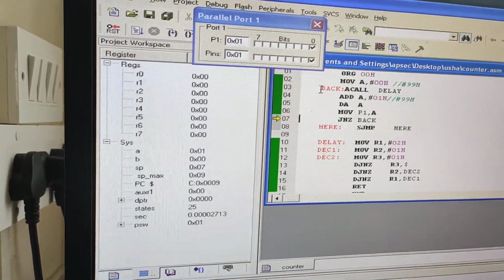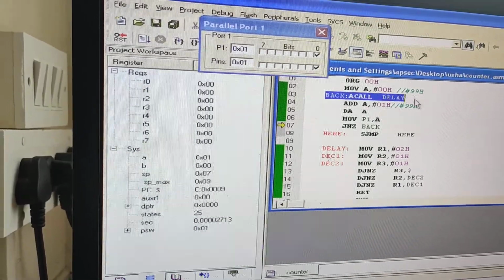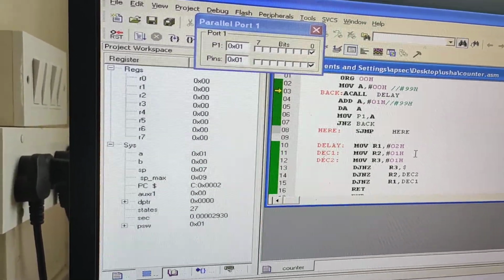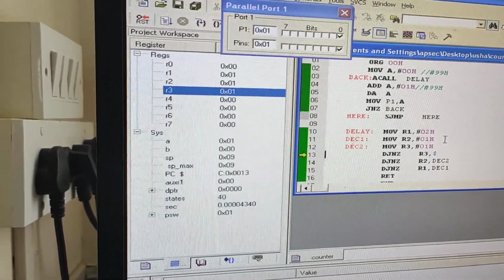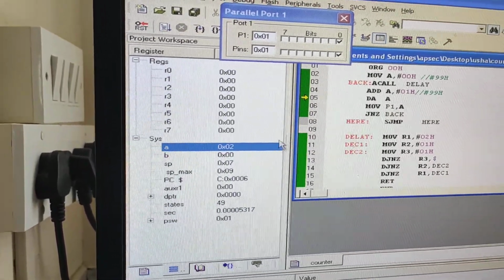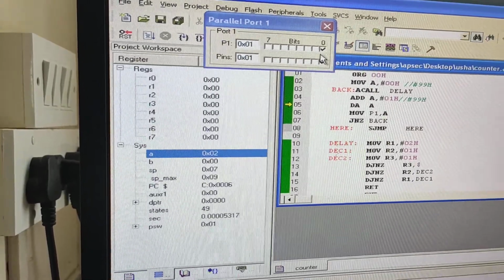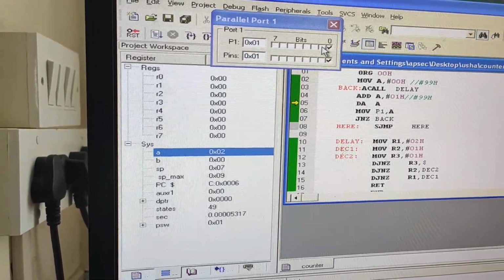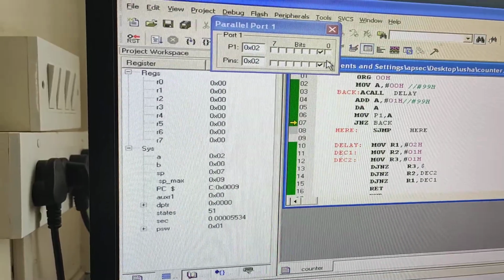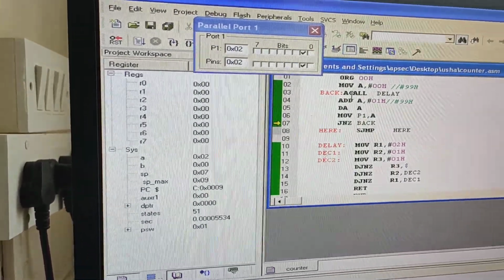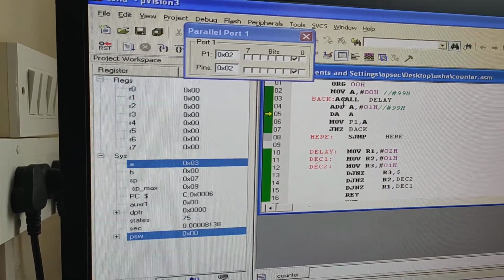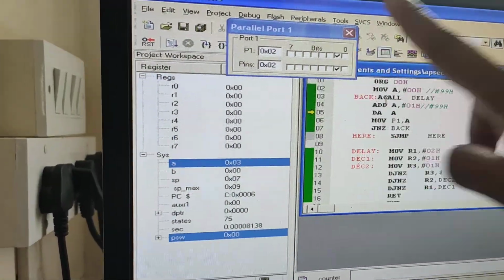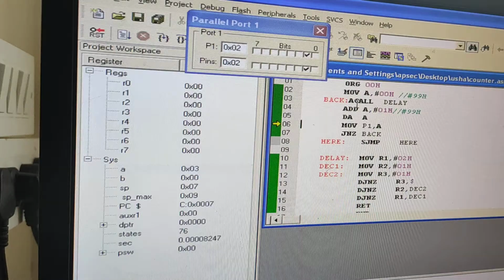Okay. Next, JNZ back. So now it will go back. It will come here and execute this line. So again it will call the delay and execute the delay. Is it clear? After that, A will be incremented to 2. If you clearly notice, now this tick will come here, indicating it is 2. So that is the up count. After 2 I will get 3. Just notice only A and the port pins, those two are enough.